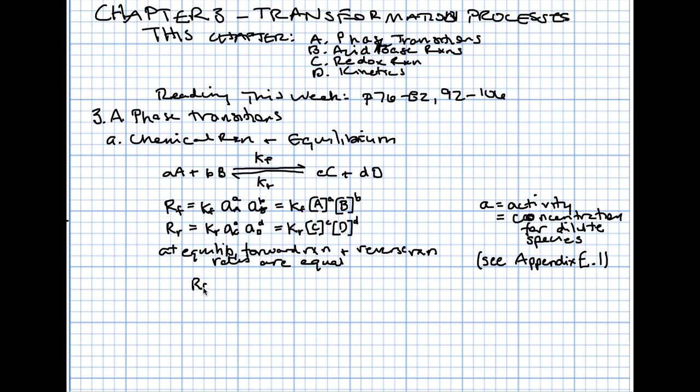Therefore, R_F is equal to R_R. And so we can then substitute in from above K sub F times A to the A times B to the B is equal to K sub R